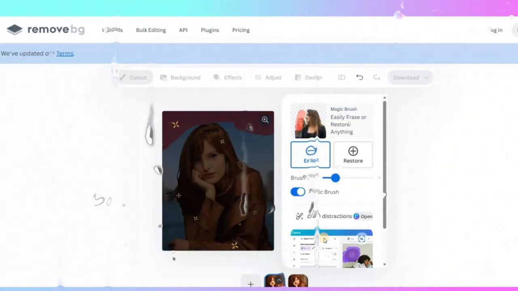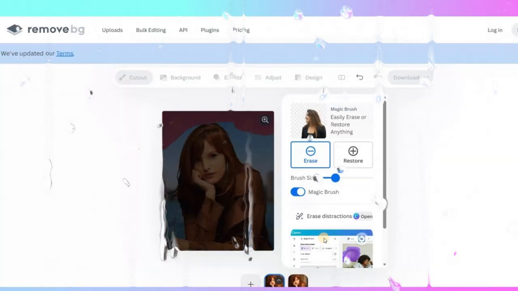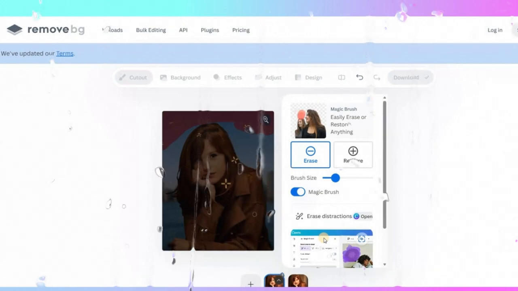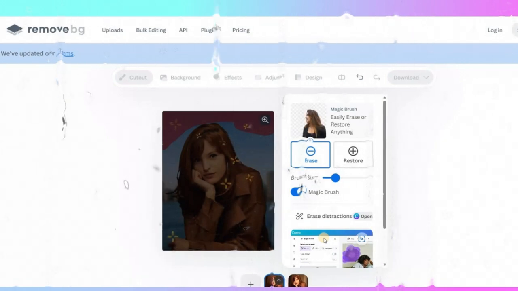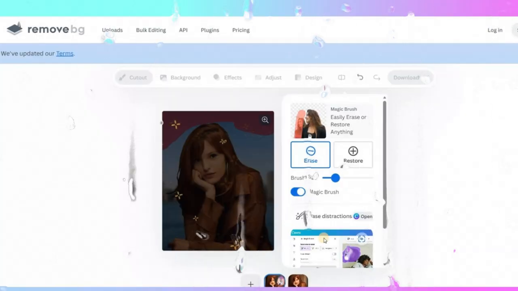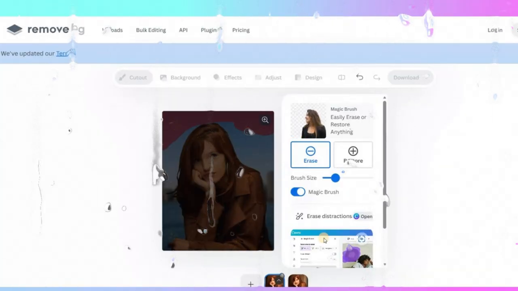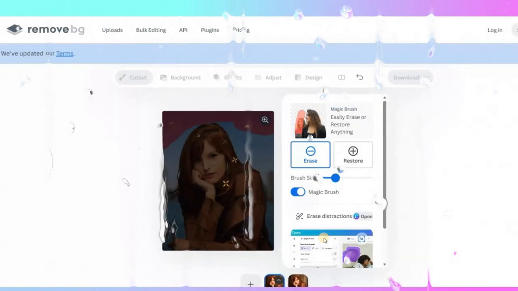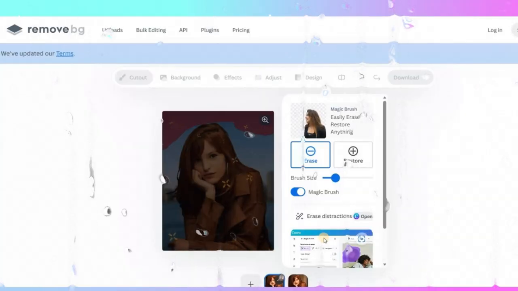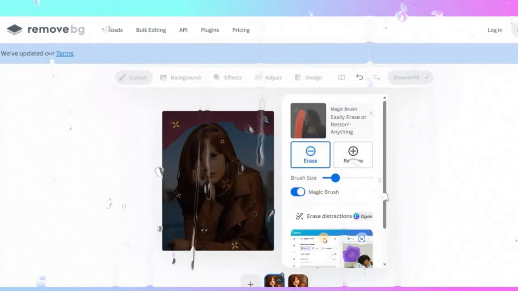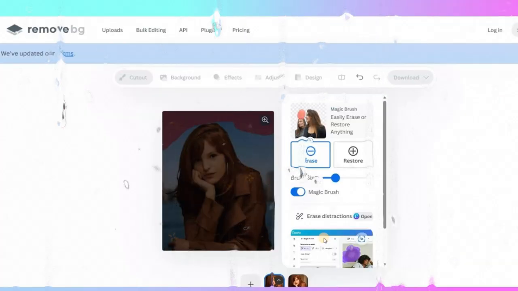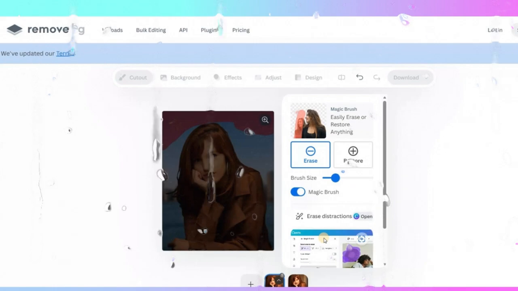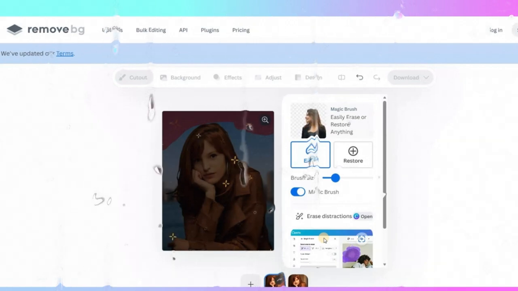So after watching this video, the only thing I want you to do is head over to this tool, remove the background from any image of yours, add a new background to it, and remove unnecessary elements if you don't want them. Use the magic brush option and erase the unneeded elements in your image, and you will be amazed how seamlessly and easily this tool works. Within a few seconds, you will get a new background for your image, and this is the best tool as of now when it comes to removing background and adding a new background.